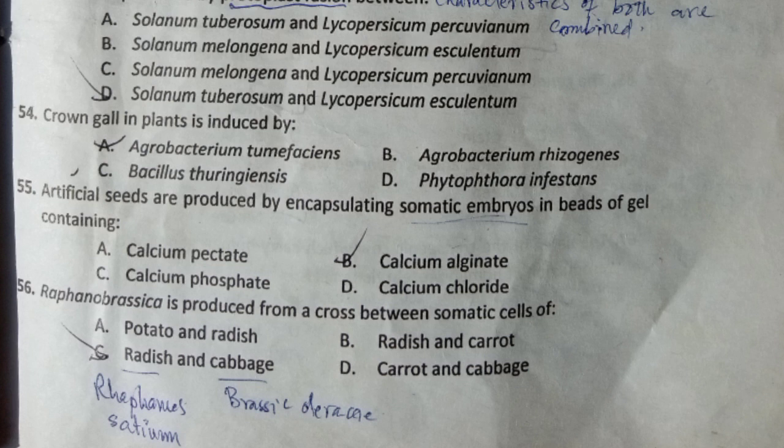MCQ number 56. Raphanobrassica is produced from a cross between somatic cells of: A. Potato and radish. B. Radish and carrot. C. Radish and cabbage. D. Carrot and cabbage. The correct